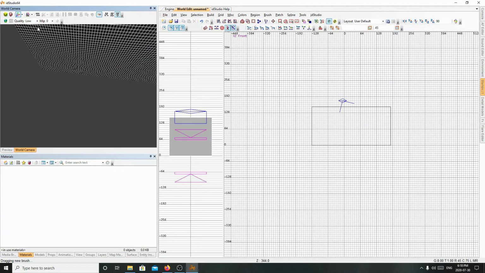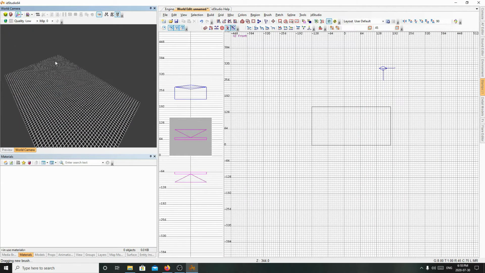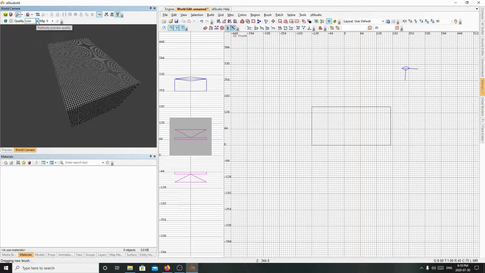Okay, so there's a couple other things you might want to know. We have MIP, and MIP determines the level, the quality of the texture. So 3 is high quality, 0 is low quality, and I don't find there's much difference. I haven't actually applied any textures yet, but I'll get to that. You go to quality, you go to high or low. Now the higher that the MIP is, or the higher the quality, you know, slower performance, but I don't notice any slowdowns on my computer. And then one of the most useful features that you can use in the world camera is called render. When you click on render,